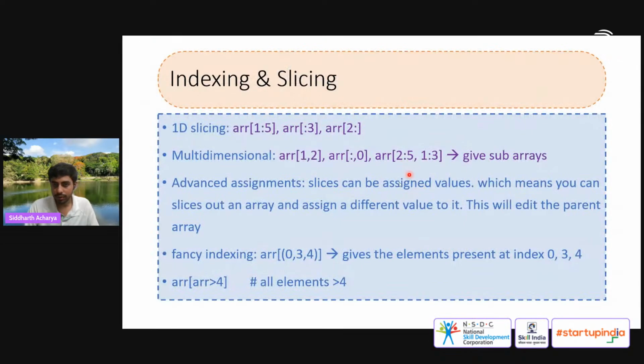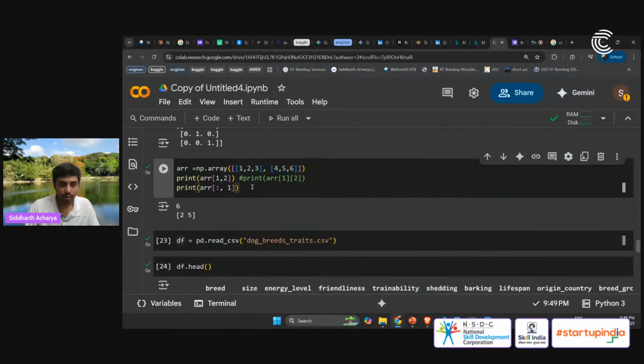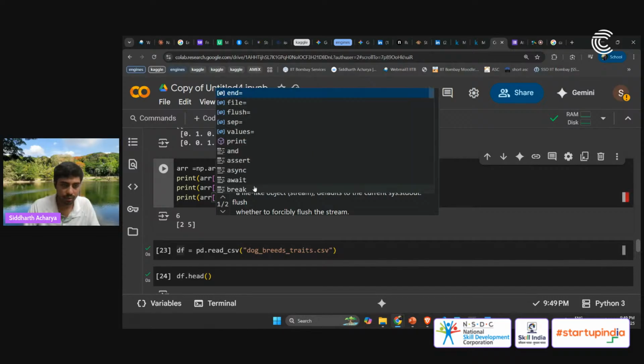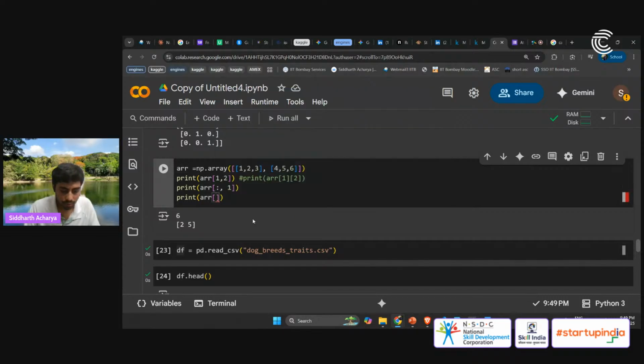So this is sort of interesting, right? Now we can try this as well. Let's try this as well, but this won't be valid for this array because this does not have that many numbers. I'll just do